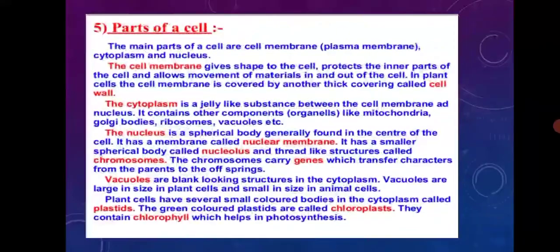Plasma membrane. The plasma membrane is the outermost covering of the cells. It separates the cell's contents from the external environment. Actually, every cell is bounded by an extremely thin, elastic and selectively permeable membrane. It is about 7 to 10 nanometers thick and can be seen only under an electron microscope. It is formed of lipid and protein layers.